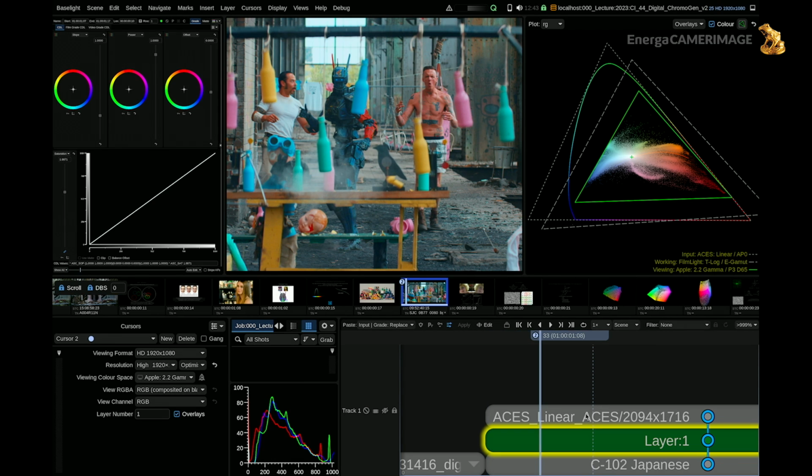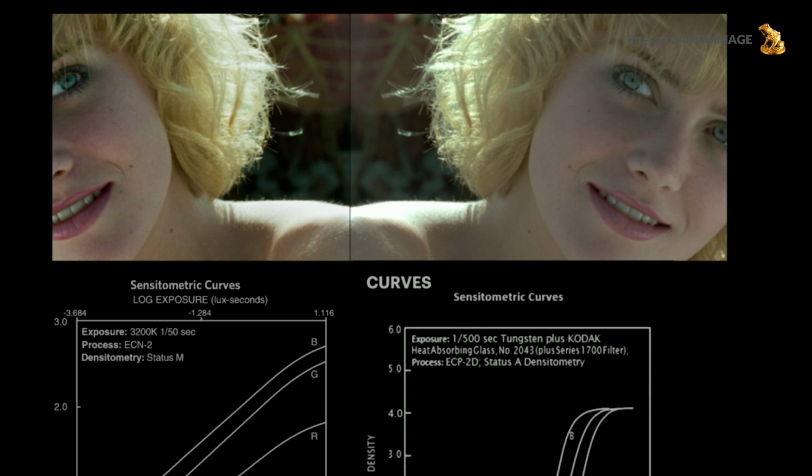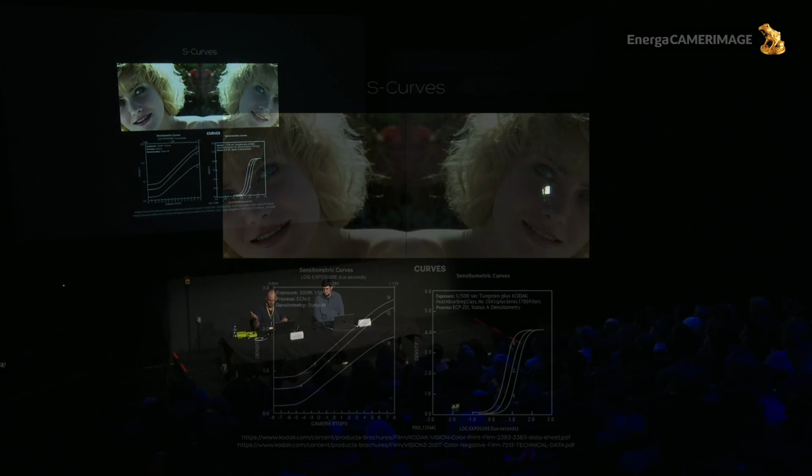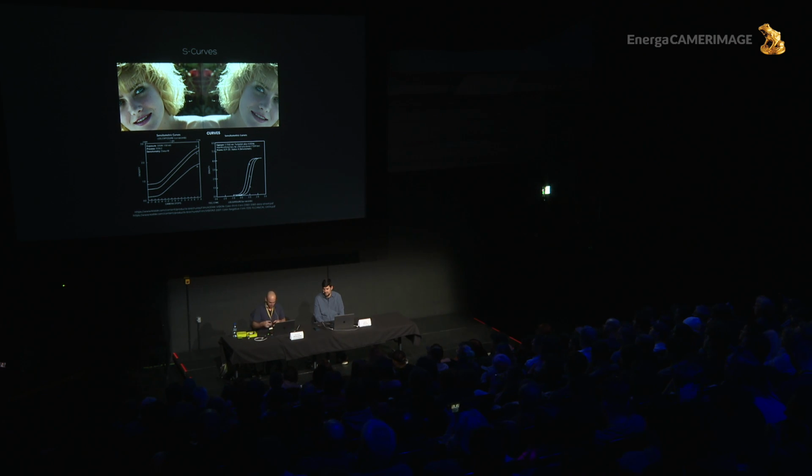Another thing we looked at in detail are S-curves. If you look at film, when you measure any attribute of film, you always see S-curves in the contrast characteristic curves of the negative, of the print positive. If you look at a density tracking, if you increase the density in one layer only, and you look at the saturation curves, it's always S-curves everywhere. So